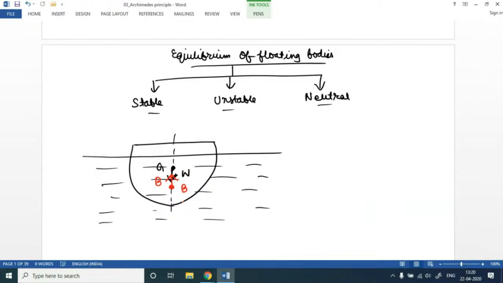Okay, so depending upon how we disturb this floating body, we can check whether the equilibrium is stable, unstable, or neutral. Let's say, for example, we displace it horizontally. So you can see